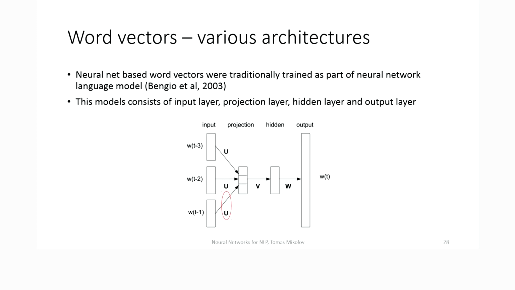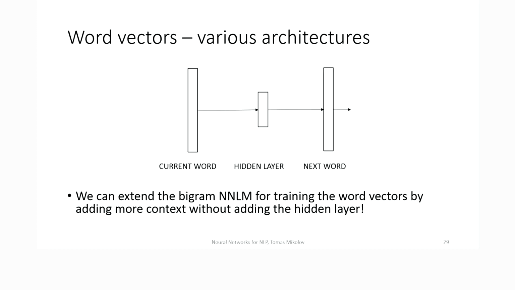People often trained these models for the task of learning just the matrix U, just the word vectors. It's also interesting to notice that if you optimize this model well, using some tricks to deal with the big softmax at the output layer, then the majority of the computation is between the projection layer and the hidden layer. That's the matrix V. So it seemed very inefficient that people were training these models for weeks and even months in some cases. And at the end of the training, they threw away most of the parameters from the model that took all that time, and just used the matrix U. That seemed very wasteful.